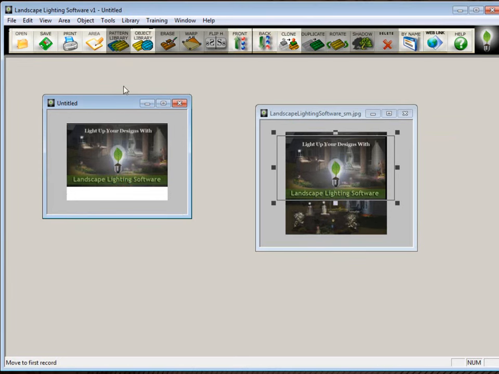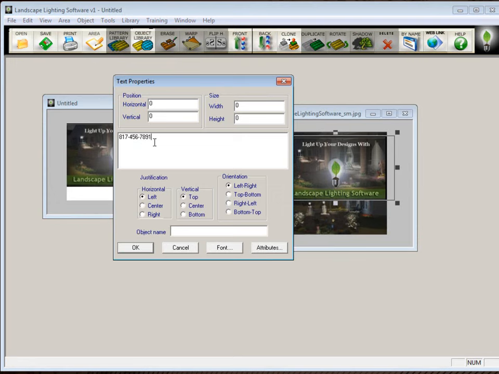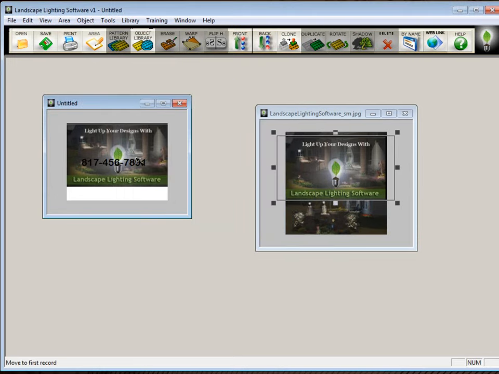Now I'm going to place in the phone number. So we'll go up here to Tools, Add Text, type in your phone number, click OK, click and drag it down here at the bottom. So now pretty much our graphic is done. Of course you can make it more complicated, more beautiful, etc., but this is just teaching you how to do it. Now I need to save this file, and I need to save it as a BMP with the name